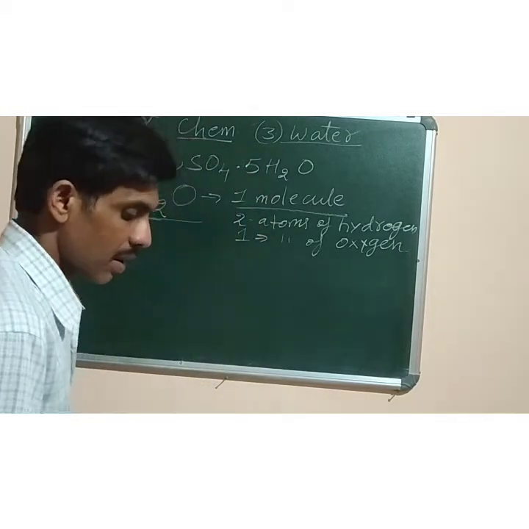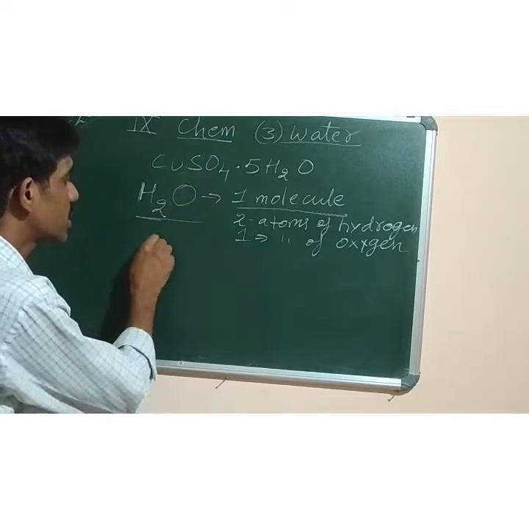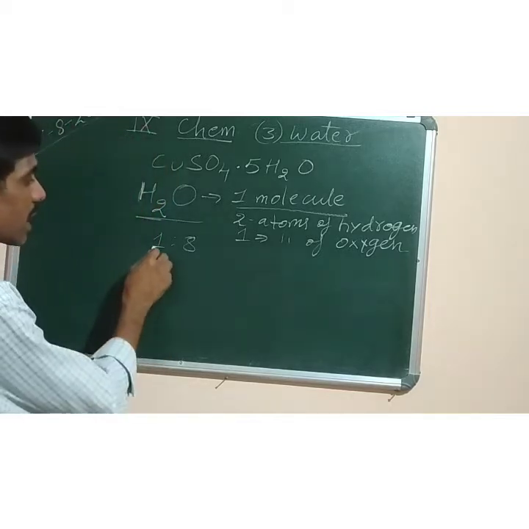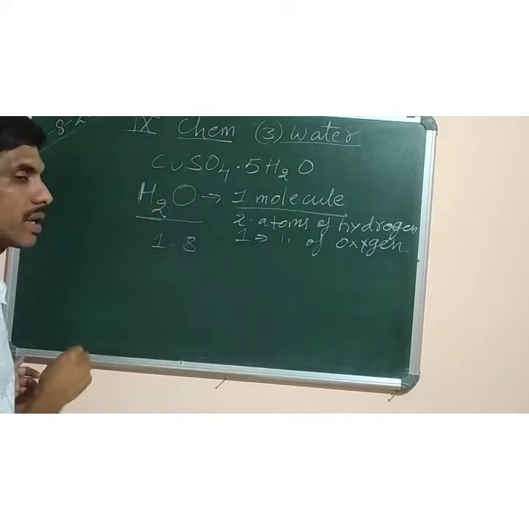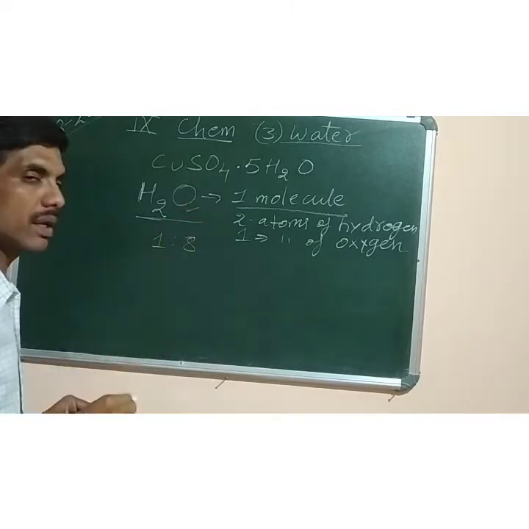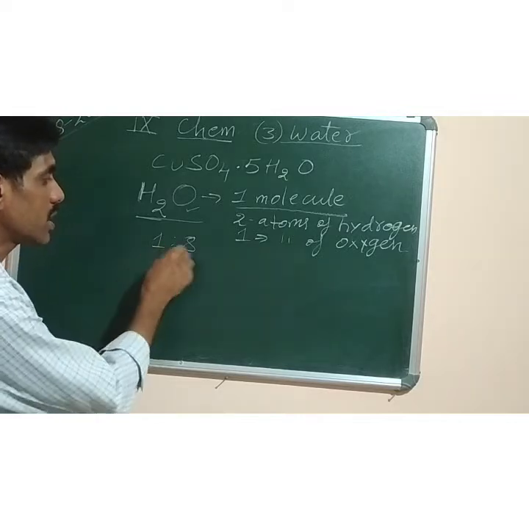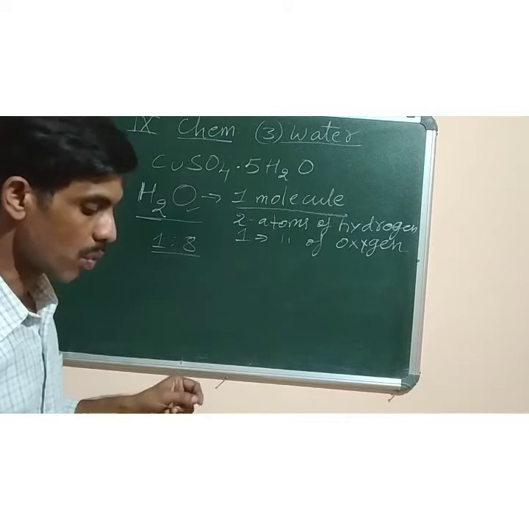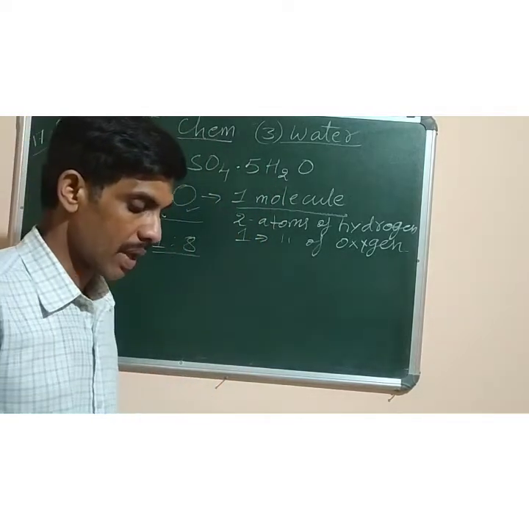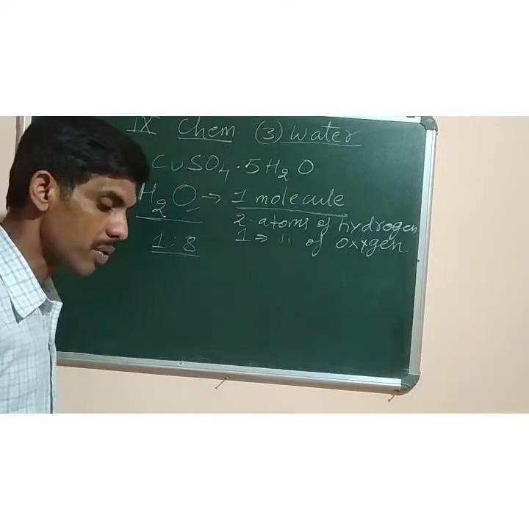He said that water is made by combination of hydrogen and oxygen in the ratio of 1:8. How is it possible? By mass. Let's check the weight of hydrogen. The weight of hydrogen is taken as 1 AMU, and the weight of oxygen, that is its atomic mass, is taken as 8. So 1:8 is the ratio of the water molecule. Now water has the formula H2O, and it confirms that water is a chemical compound, not an element.